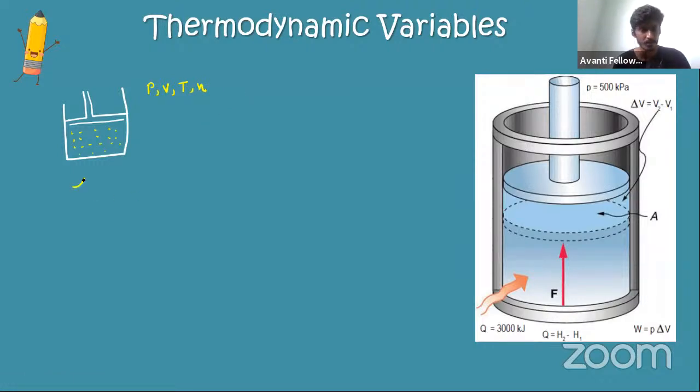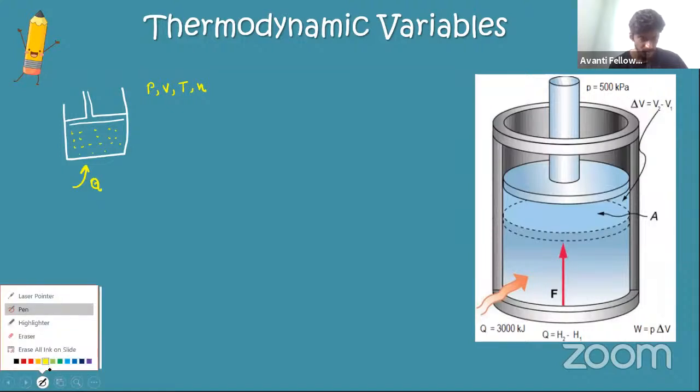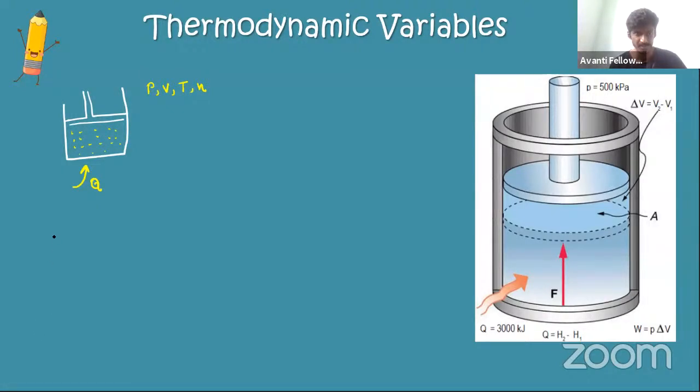Now what I'm going to do is heat this gas, and provide heat. Can you tell me what will happen when I provide heat? Any guesses? This piston is movable, and it can expand or contract. It's completely free. If I provide heat to this cylinder, can you guess what will happen to the piston? Any idea, students? Just text me in the chat box. What do you think is going to happen when I heat this piston?